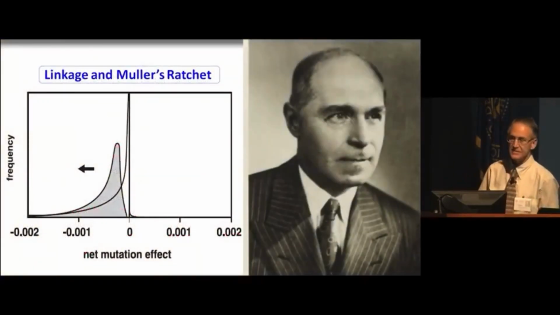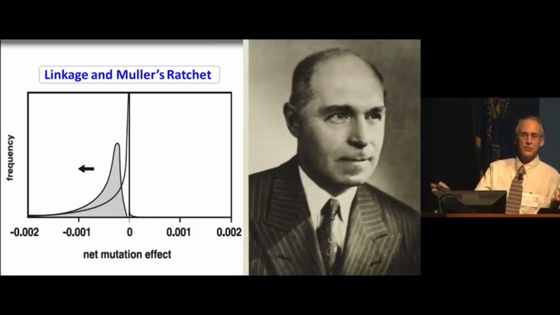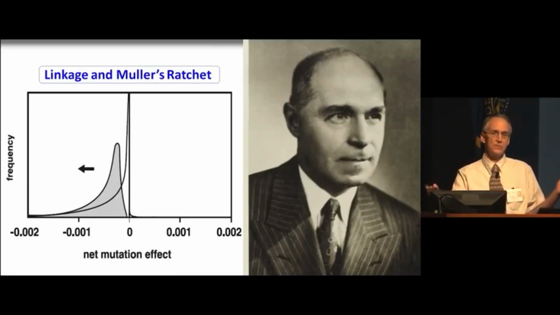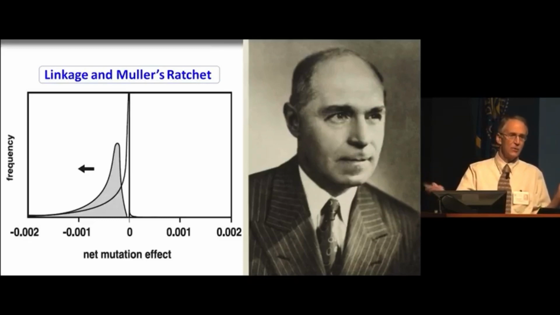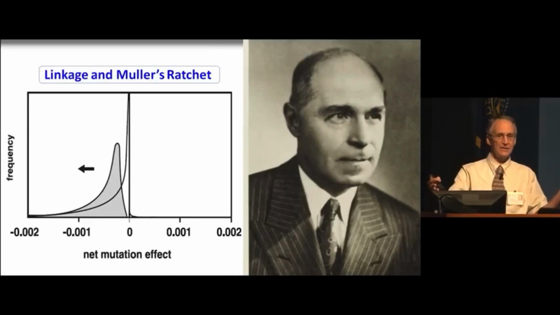Mueller expanded upon this. Mueller is the only population geneticist to get a Nobel Prize. He got a Nobel Prize for showing that radiation increases mutation rates. And he was very concerned with human genetic degeneration. And so one of the things he realized, as he was considering the problem of human degeneration, is that the human genome is made up of linkage groups. A typical linkage group is 30,000 letters long. So mutations in that linkage group are linked forever, basically. And so if you have lots of bad mutations entering that linkage group,